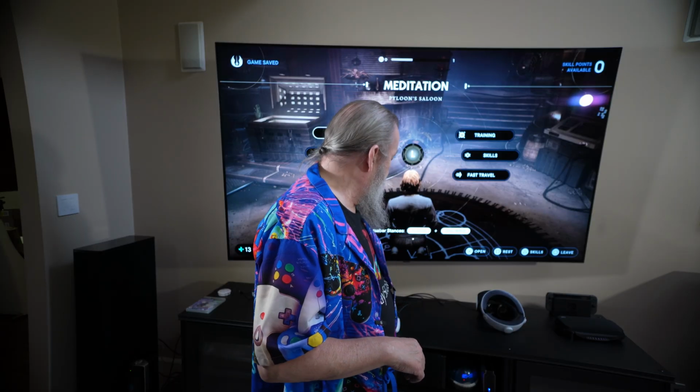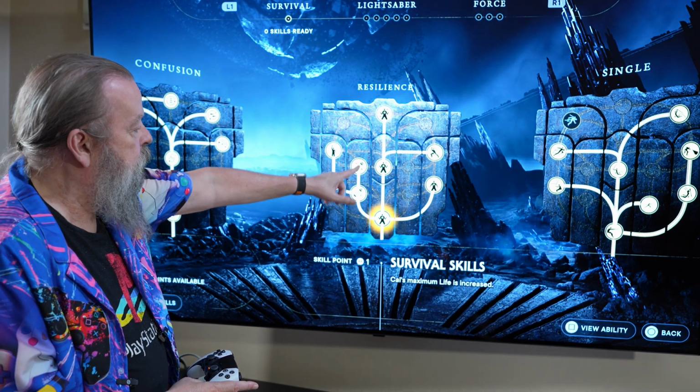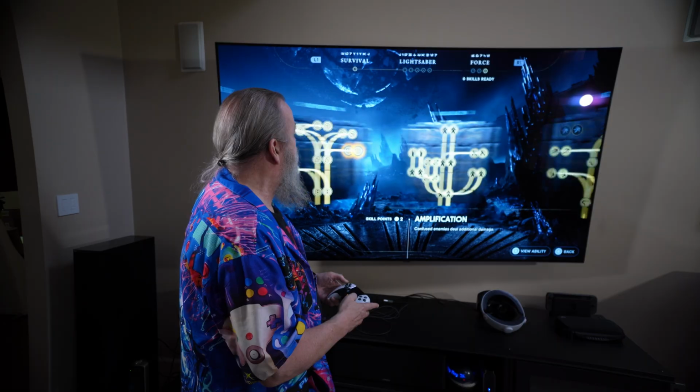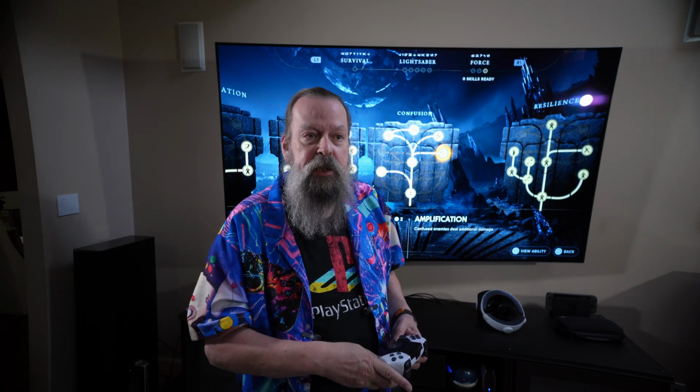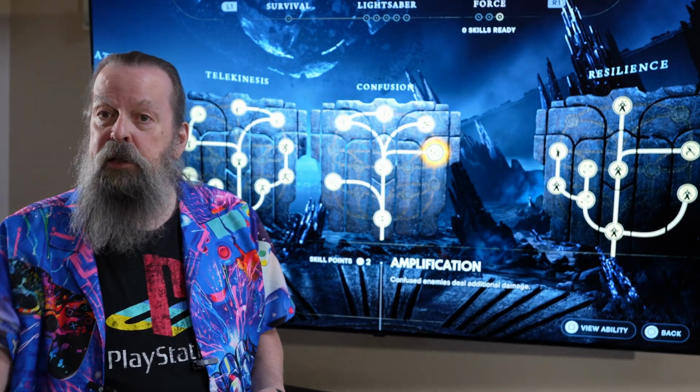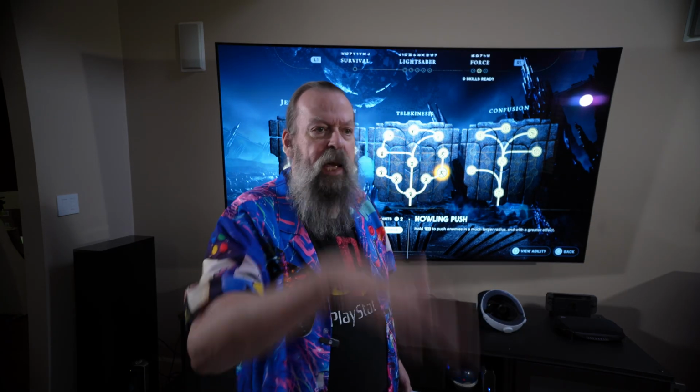You've got your skill trees. So here's all your survival skills, like making the stims give you more health. Then you have your force stuff, confusion. You can confuse enemies, get them to fight on your side. Kind of the Jedi mind tricks. Telekinesis, this is the pull and push and the slams. Oh,